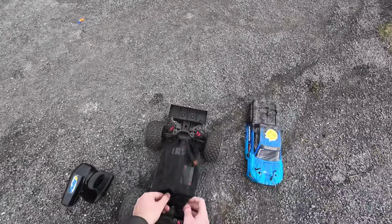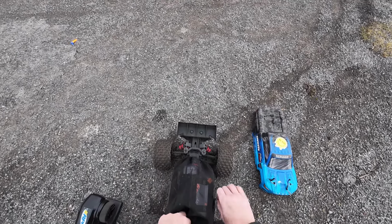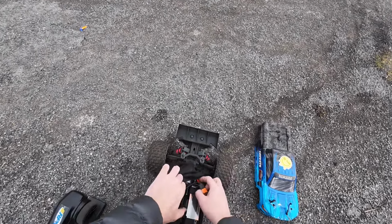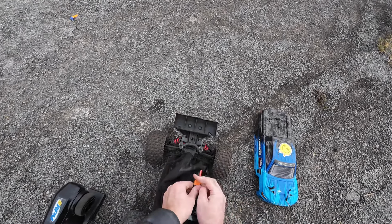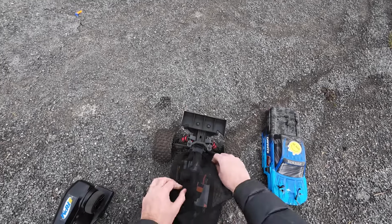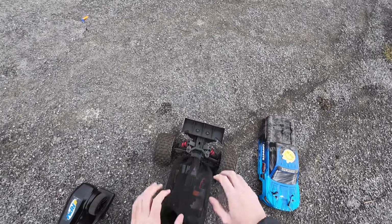Got 650 quid's worth of Notorious parts over there. First thing I want to run is the Granite. There we go. Zip it back up. So yeah, I bought this net because